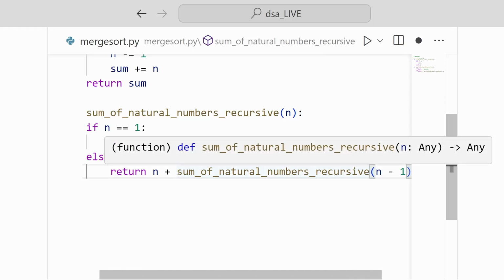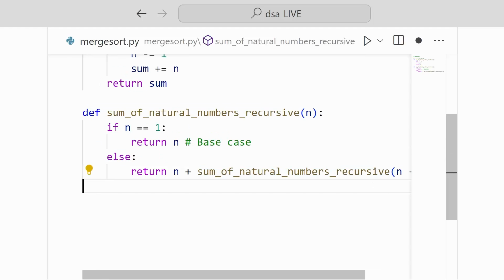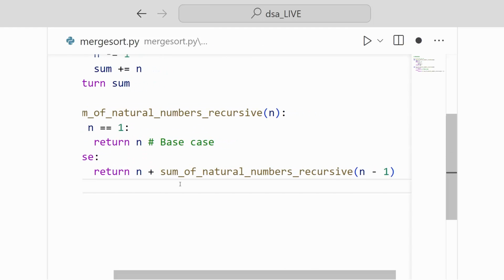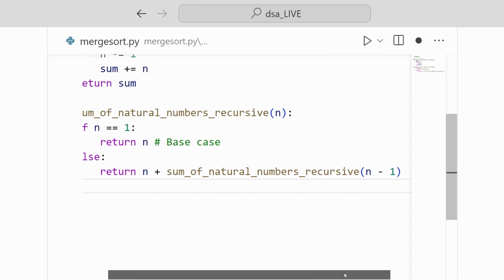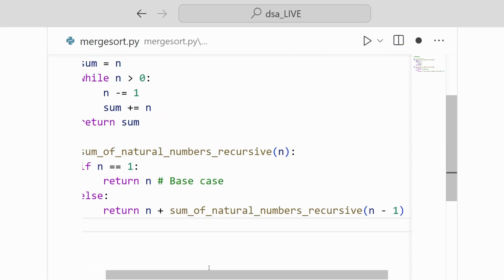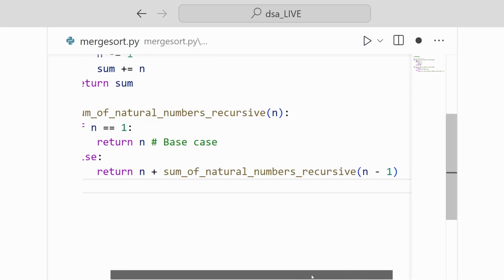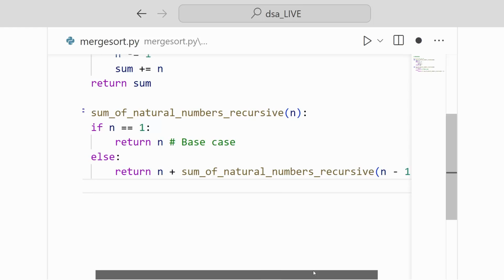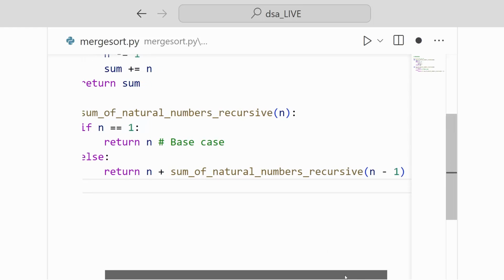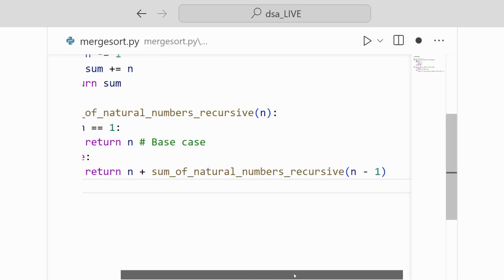We can see that when we invoke this, we're plugging in whatever our current n is in whatever call of this function we're on, and subtracting 1 from it. We can think of this as equivalent to what we were doing up here in our iterative solution, where we decrement n. So if we keep decrementing n in this way, eventually one of these calls is going to hit not the recursive case, but